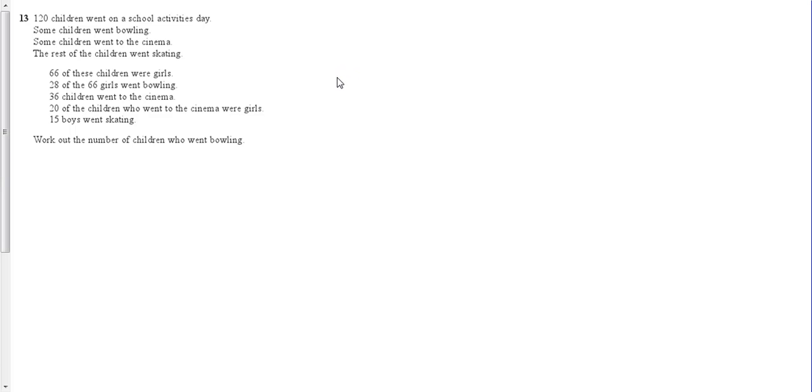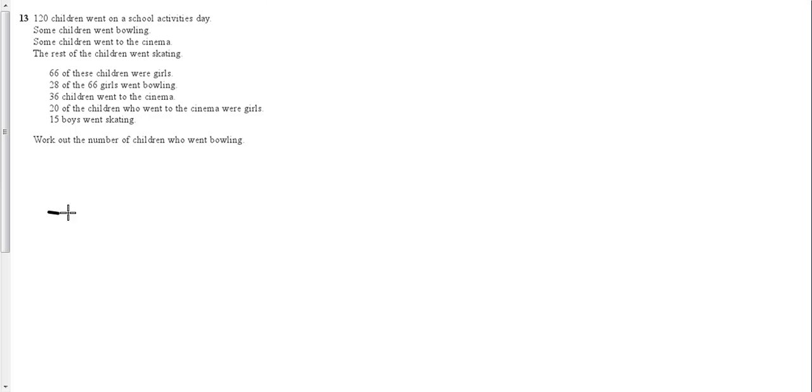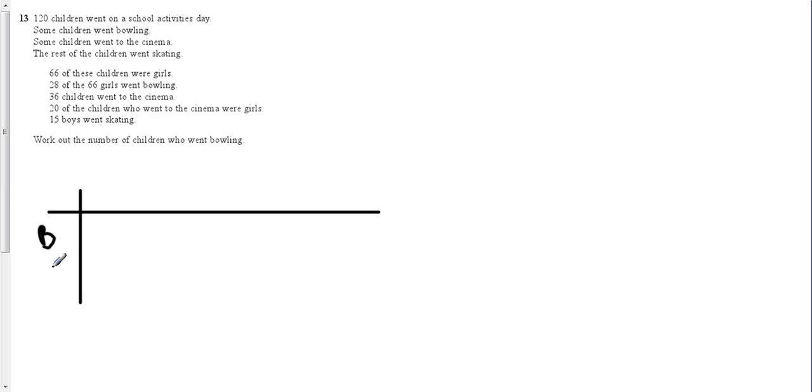To do this, what we're going to do is use a table of results. There are different ways to do it. You can work it out without, but this will be the best way to make sure that you don't make any mistakes. So I'm going to draw a table, and on the table I just want to list the number of students that do various different activities. So there's going to be boys and girls, and then along the top we've got the three activities. We've got bowling, the cinema and skating,